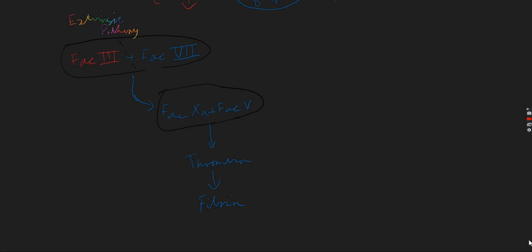So I mentioned earlier that the extrinsic pathway is really just a spark that gets the coagulation cascade going. I also mentioned that thrombin is a key player, and this will both become evident when I explain the intrinsic pathway. So the intrinsic pathway is really just another way of forming factor 10, but much more efficiently. So factor 10, as well as being produced by factor 3 and factors 3 and 7, can be produced by